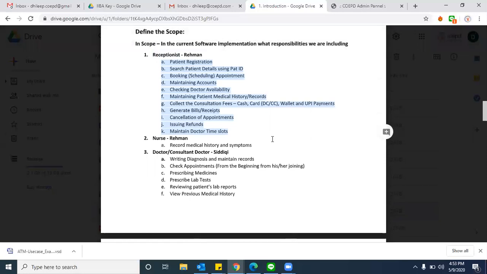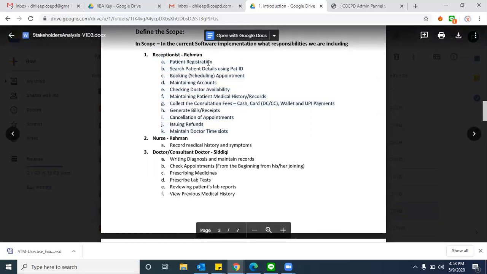Now, getting into the to be designs, each responsibility will be considered as a single use case. Each responsibility will be considered as a single use case. Am I clear? Because patient registration is one sort of expectation, because that responsibility is being performed by the receptionist, right or wrong? That responsibility he is going to achieve with the help of a new software, right or wrong? So that's the reason this patient registration is one sort of user expectation.